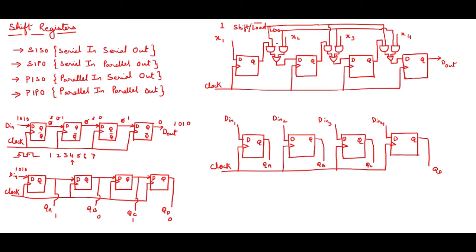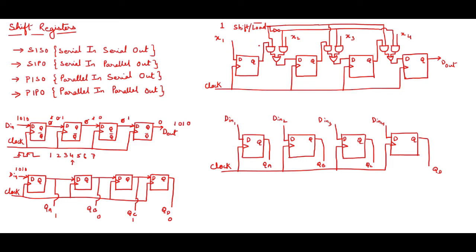So you can see over the connections, this Q output is connected to this AND gate and shift is connected to this AND gate. Where load is 0, the load line which is coming through the inverter is connected to this AND gate, and x2 is connected to this AND gate. Similarly the same thing is repeated for all other parts. Now I'm just giving an example and I will explain it to you.